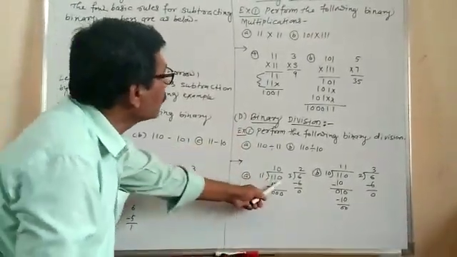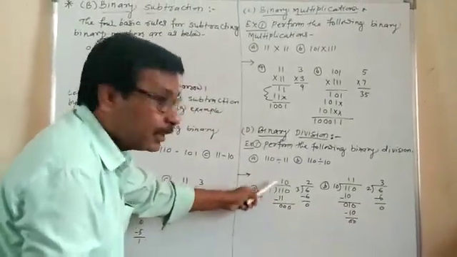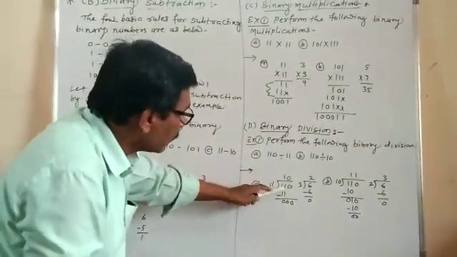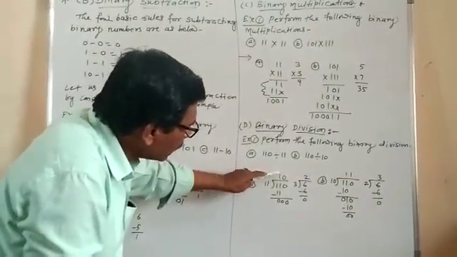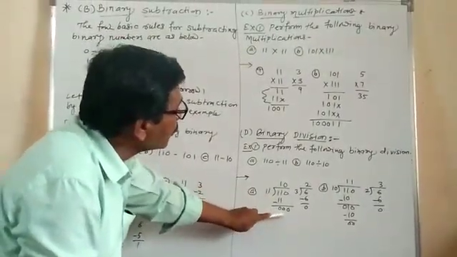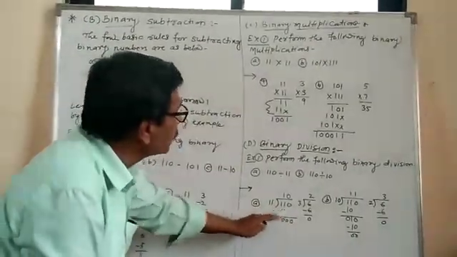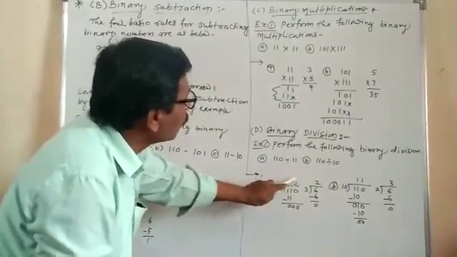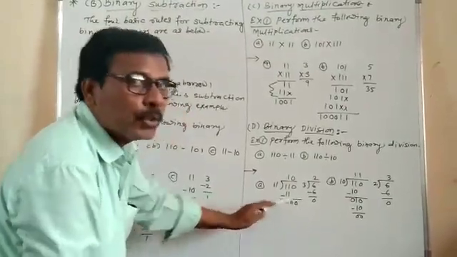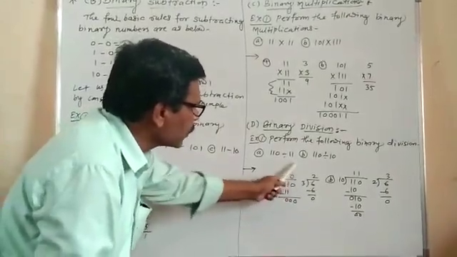So 110 divided by 11. The division I have made here: 1 multiplied by 11. I have divided this figure by 1 and the quotient is 1. So 1 multiplied by 11, I get 11. Subtraction gives 00, I get this 0 here. As there is no division with this 0, I write this 0 as it is. So 10 is the quotient. This is the answer, and 000 is the remainder for this division. So 10 is the answer we are getting.